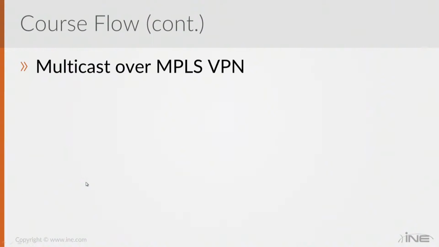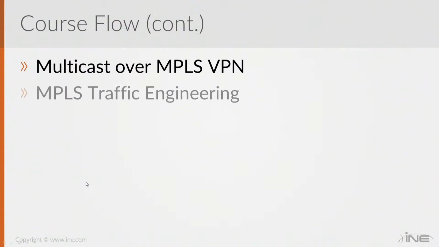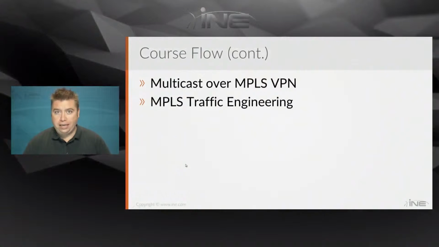So services will be multicast over L3 VPN. So how does the multicast distribution tree work? How does the new MLDP work as a multicast over multicast type solution for tunneling? We'll also look at MPLS traffic engineering. We'll look at both intra-AS, intra-area, and inter-area, inter-domain traffic engineering, and then talk about some of the advanced features of this, like MPLS traffic engineering fast reroute, link and node protection, and some of the other more advanced options